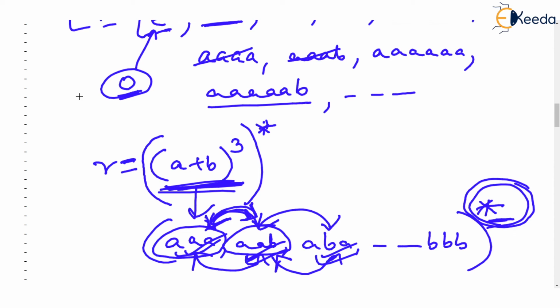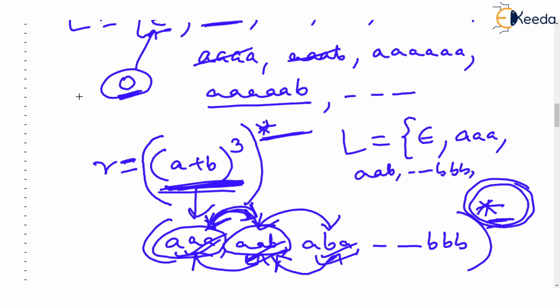That's it. That's the answer. And most importantly, you are having a closure here. So it is 0 or more occurrences of this inner part. That means in our language, epsilon also will be there. You will get an empty string, and then the smallest strings you will get are AAA, then AAB, up to BBB. But due to this closure of the internal part, you will get bigger strings also, like AAAAAB. This is of length 6, and all such strings you will get. I hope you have understood this regular expression also. Thank you very much.